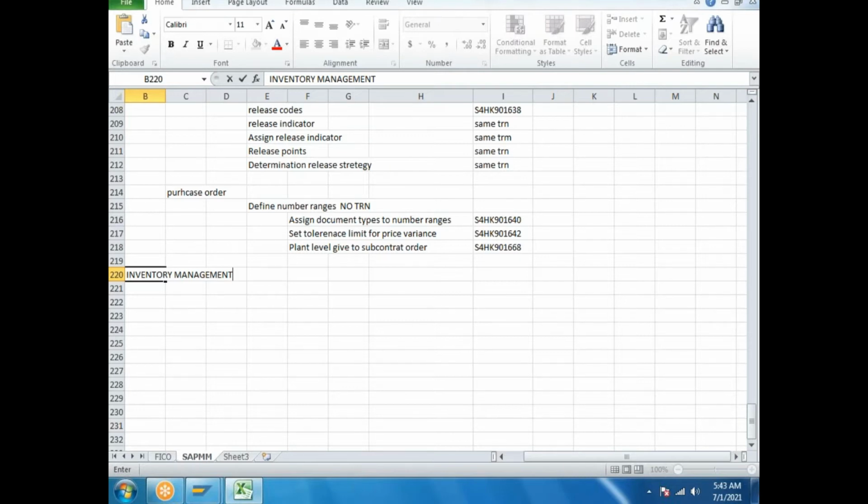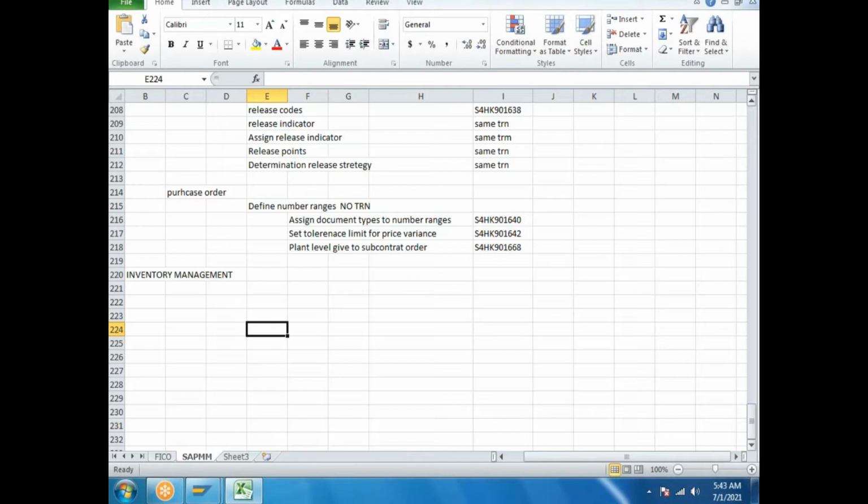Understand? Yeah. Now the last topic is inventory management. What is inventory management? We produce the goods. We procure the material. The material we procure is stored in the warehouse. In the warehouse, we need to maintain it in one system. What is my stock level? How much raw material do I have? How much finished goods do I have? What is my output? How much finished and semi-finished goods in total? How much total product? We need to maintain the inventory levels in the system. From that point of view, SAP provides the inventory management concept. Understand?